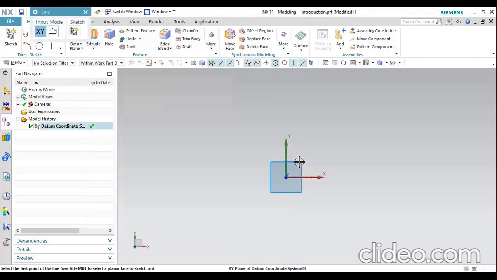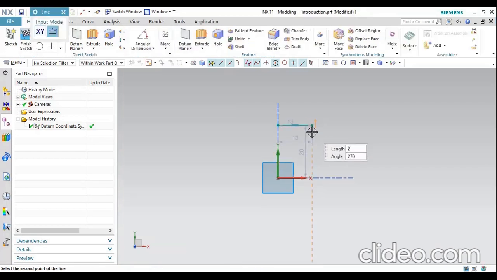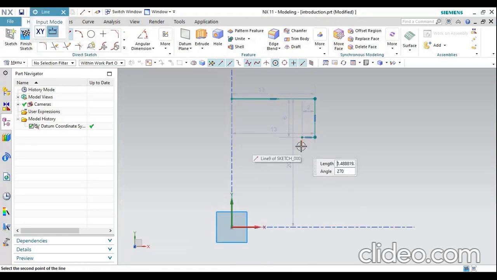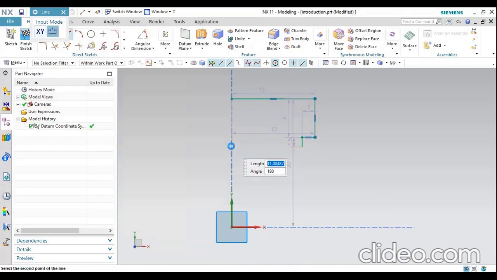If you want to create a model for a tire or some other parts, how can we do it? Simply, this one is the step. I'm going to the sketch and click OK.